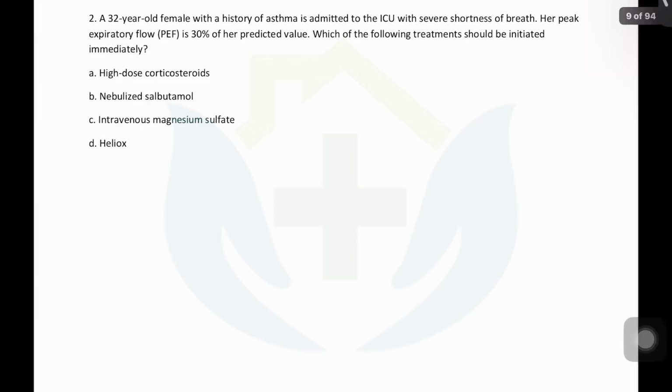For example, if the patient has arrested in front of you, but you know that the patient has respiratory failure also, chronic respiratory failure, COPD, you will still intubate the patient. Why? Because the need of the hour is to intubate.